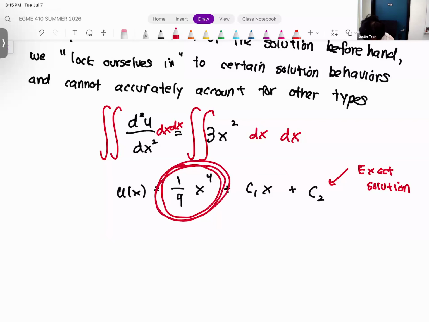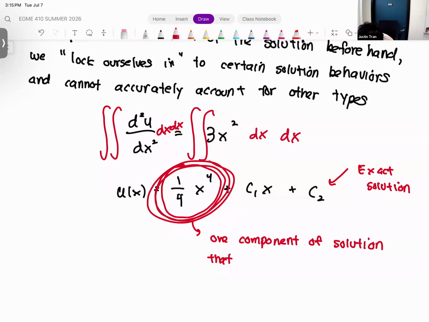Anyway, back to this term here. The exact solution is telling us that there's one component of our exact solution that depends on x to the fourth. Another way that we can describe this is that our solution has an x to the fourth character or behavior to it. Now, if we look at our assumed solution,